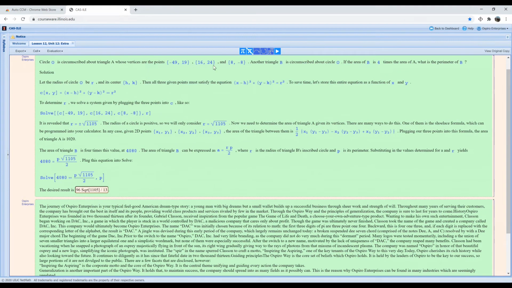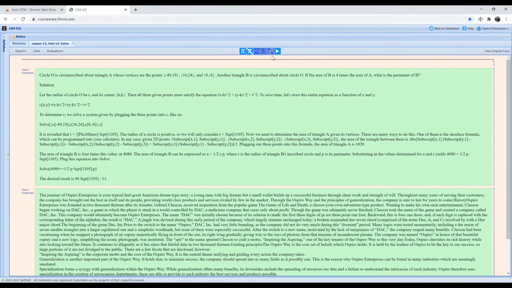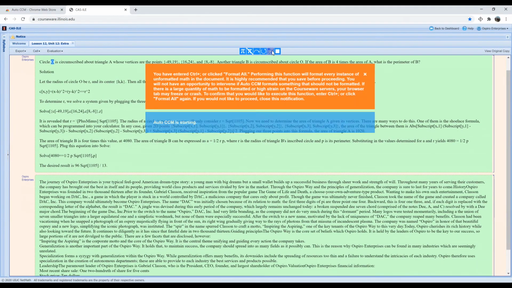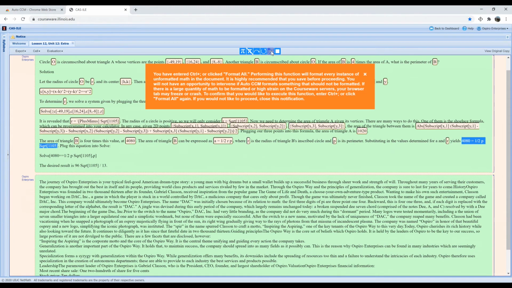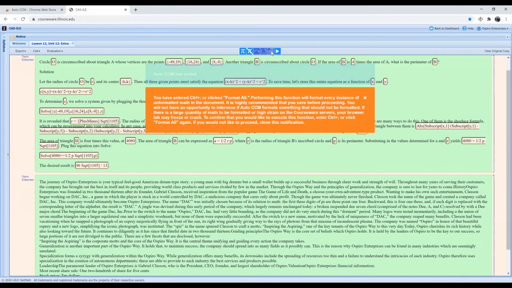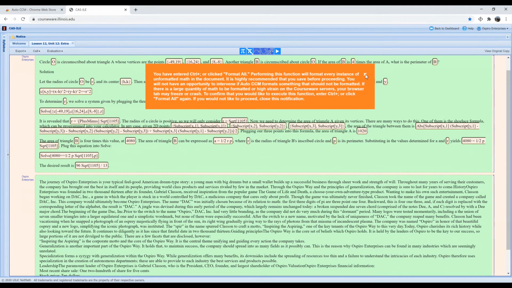Another Auto CCM feature is Format All, accessed with Control-:. This will format all math without user interaction. Users must confirm this selection because it may not be ideal depending on the time of day, server usage, amount of content, and the resilience of their